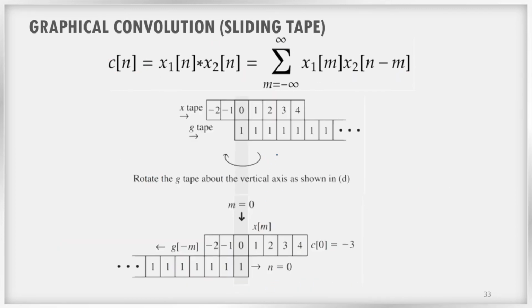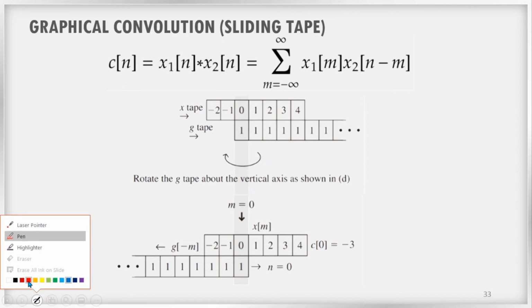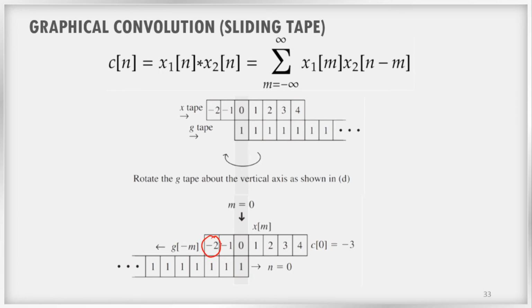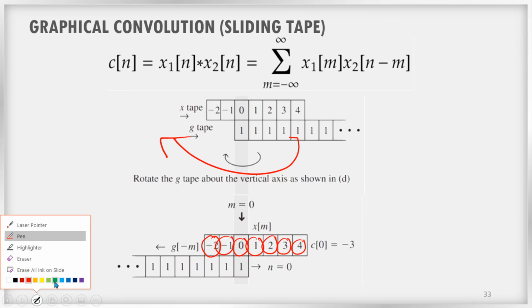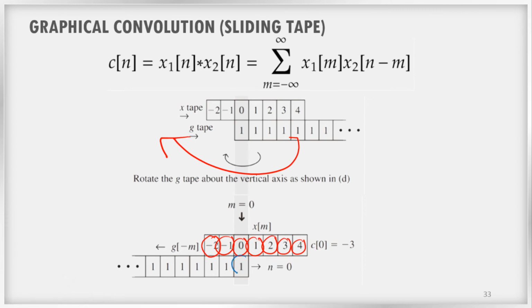See, I am going to flip it horizontally. When I flip it horizontally, what happens? You can see the original signal x of m will remain in its position as earlier. It will not change. You can see this second signal g of m is flipped horizontally. So you can see that it is moving from 0, minus 1, minus 2, minus 3, minus 4 positions, and all values are 1 because this is flipped now. This is flipped, right? Horizontally flipped.